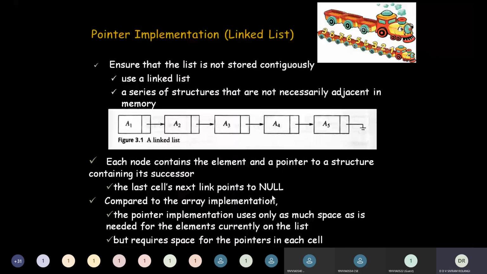Because instead of only the data elements, we are also storing addresses. So we need some additional fields for keeping track of all these pointers. That is the additional space requirement when you go for the linked list. But the advantage with the linked list implementation is that it can be dynamically allocated or deallocated.